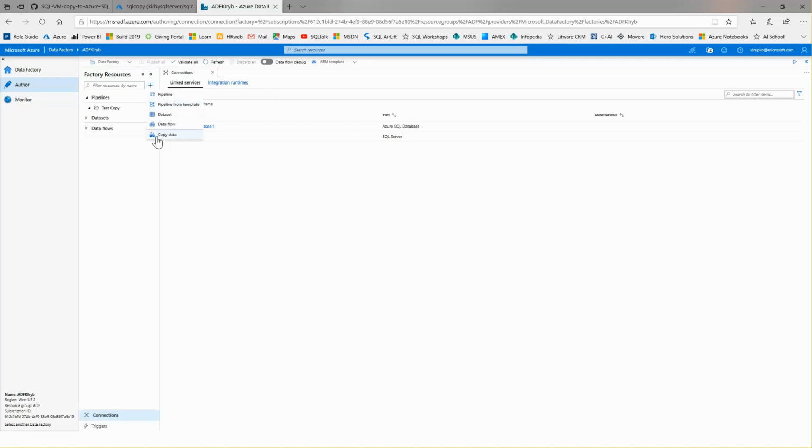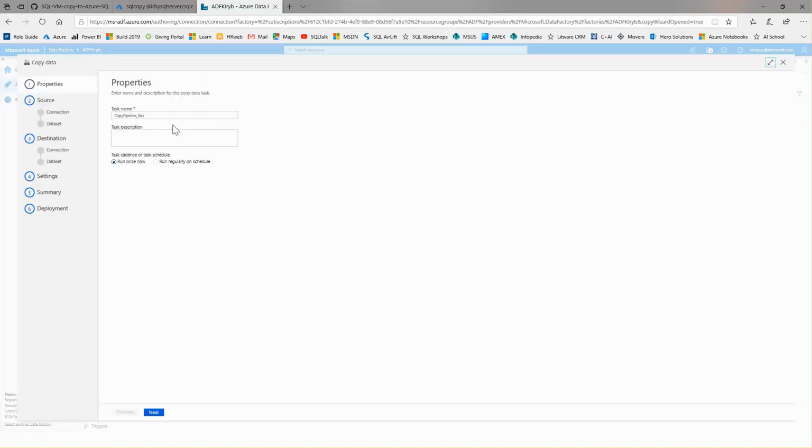And for this experience, just to make things quick and easy, but so that we can modify it later, we're going to use copy data at the very bottom. That's a wizard that's going to walk you through copying this data from SQL on-prem to Azure. Now, it puts a default task name. This is no big deal now, but if you don't start naming these with something that's intuitive or something you're going to remember, you'll look back at this in 24 hours and go, what was copy pipeline 9QS? So I'm just going to say copy SQL from